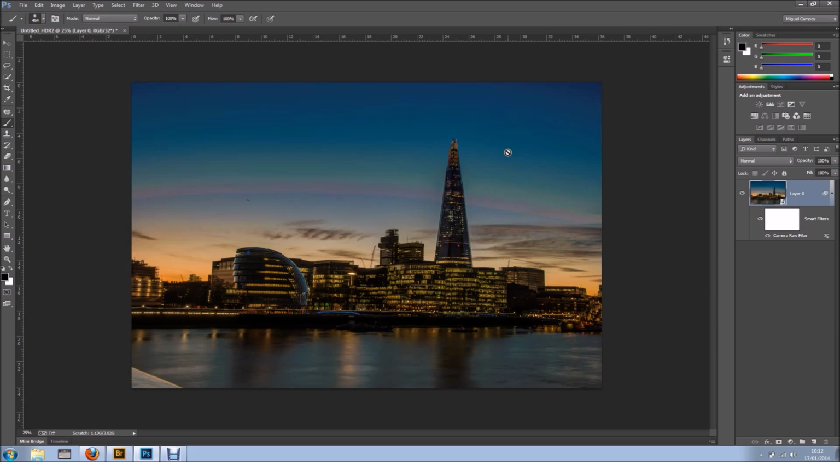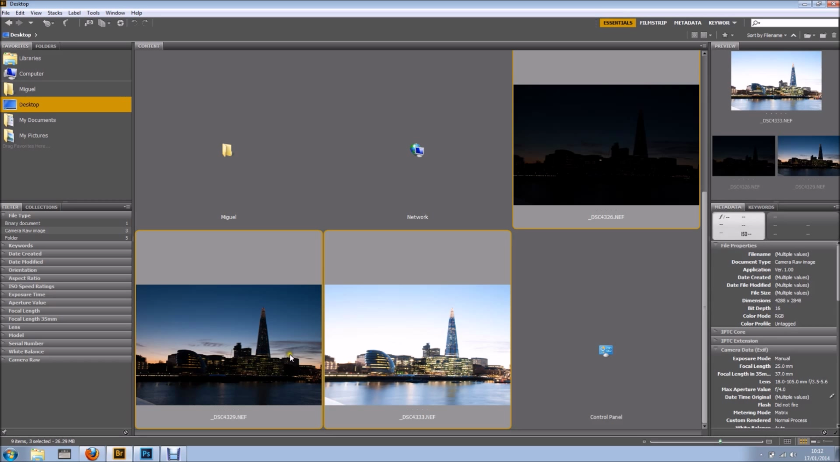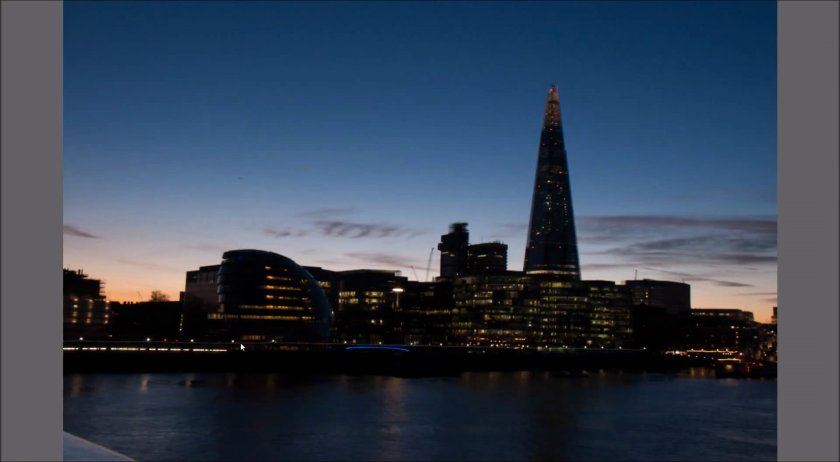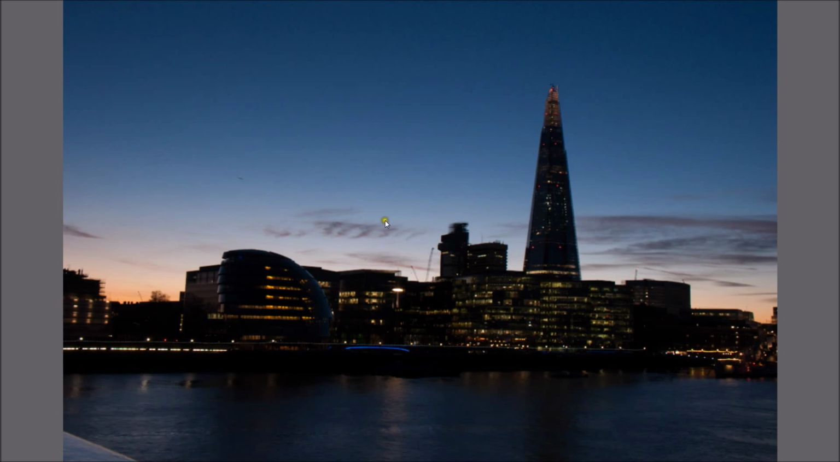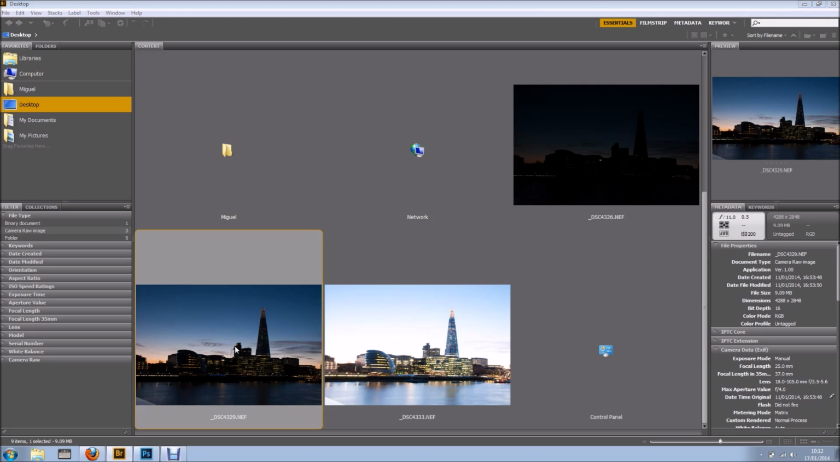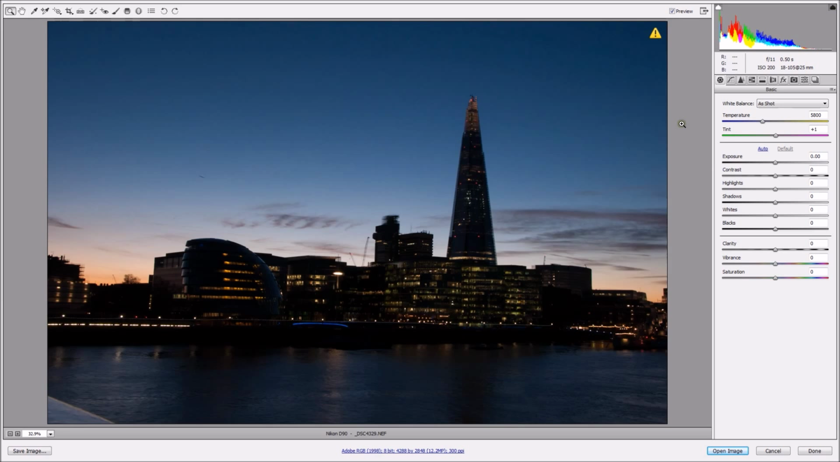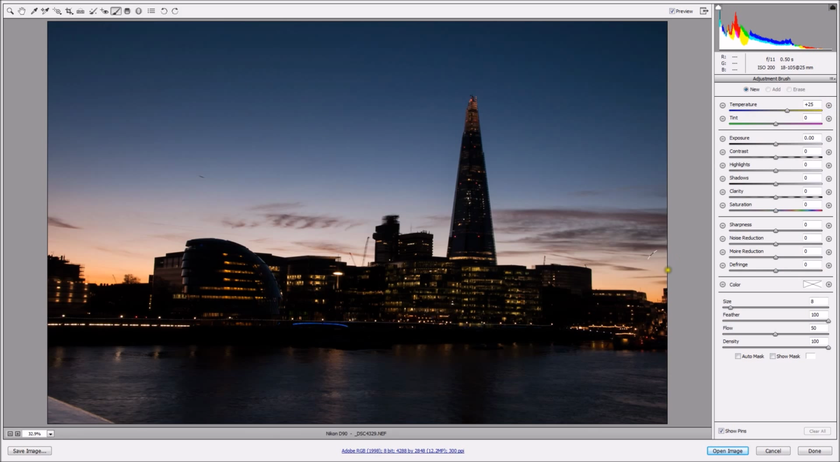So here we have our image, but now let's fix the sky. So I've got some images right here. I've got this one and I've got this one here and this one. So I'm going for this image right here. I'm going to double click and it will open Camera Raw. I'm just going to make it nice and warm, add some contrast, and I'm just focusing on the clouds, and I'll add some clarity and I'm going to get my brush and make it warmer in here,